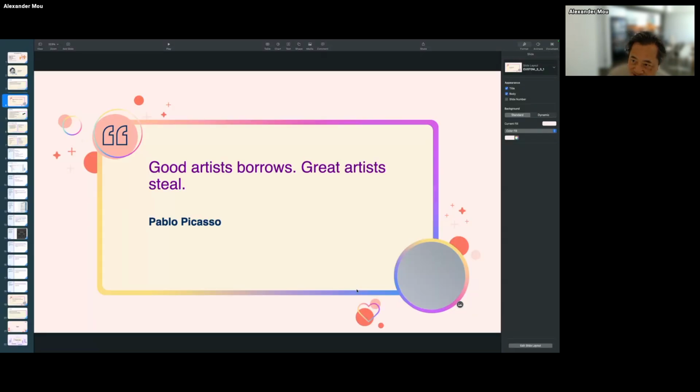Picasso has this great quote that means to be great in anything you do, you want to be able to borrow or steal for the better, of course, legally. Tableau has this great design.